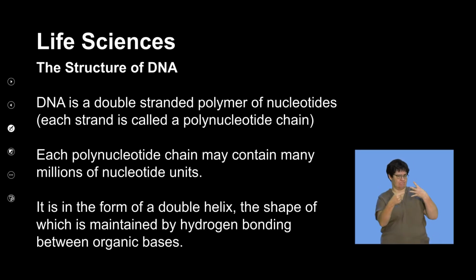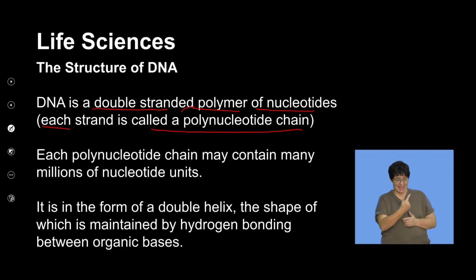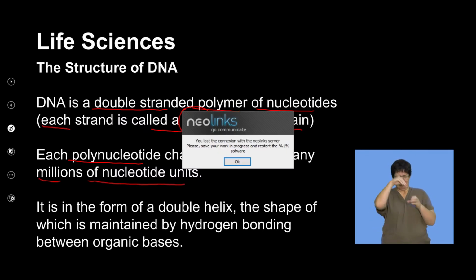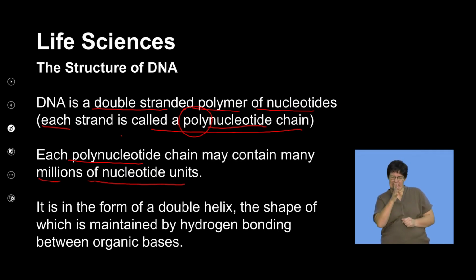So as I mentioned, DNA is a double-stranded polymer made up of nucleotides. Each strand is called a polynucleotide chain. Again, the concept of being made up of many nucleotides. Each polynucleotide chain may contain millions of nucleotide units. So that strand that we looked at contains many nucleotides. It is in the form of a double helix, the shape of which is maintained by the hydrogen bonds between